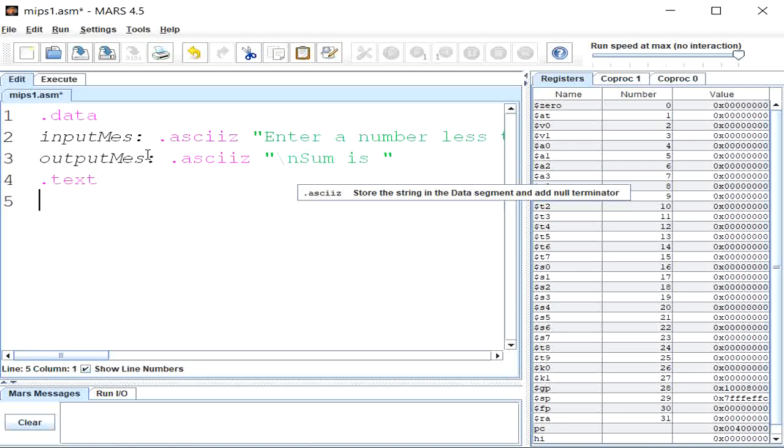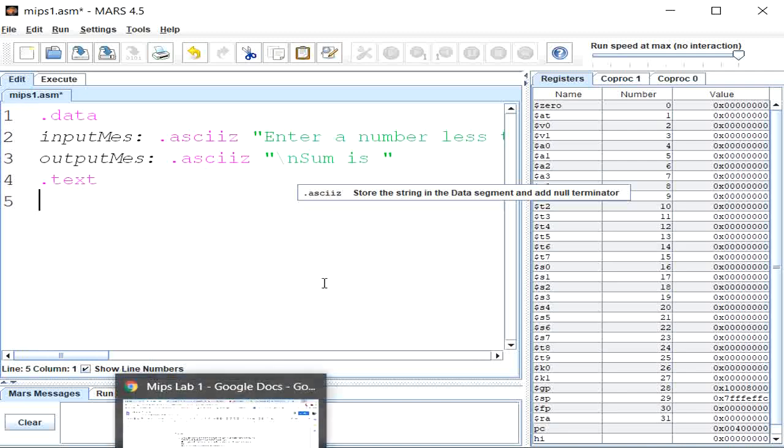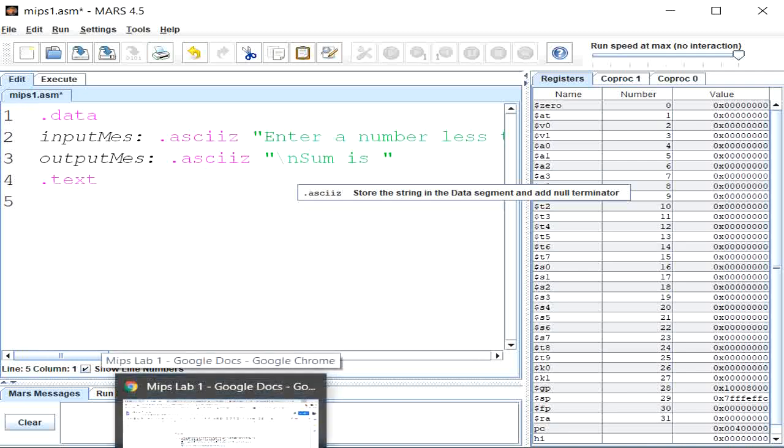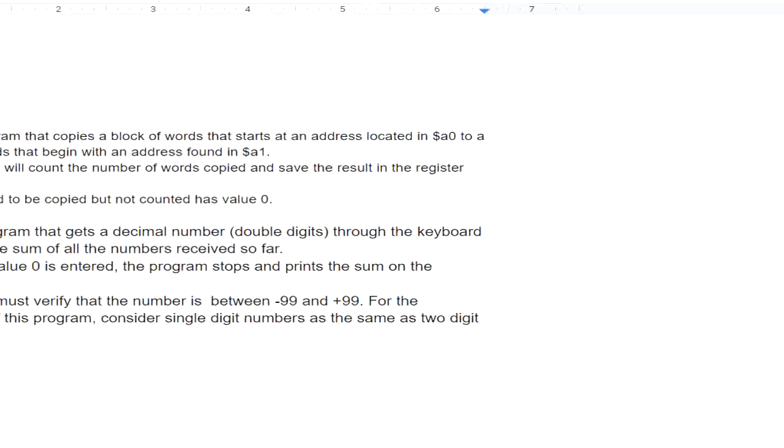So now we have our message, and let's start out with printing a message to the screen. So we need to use system calls. Now, to use a system call, we need a list of what the system calls are, and I have it on my slides, but let's